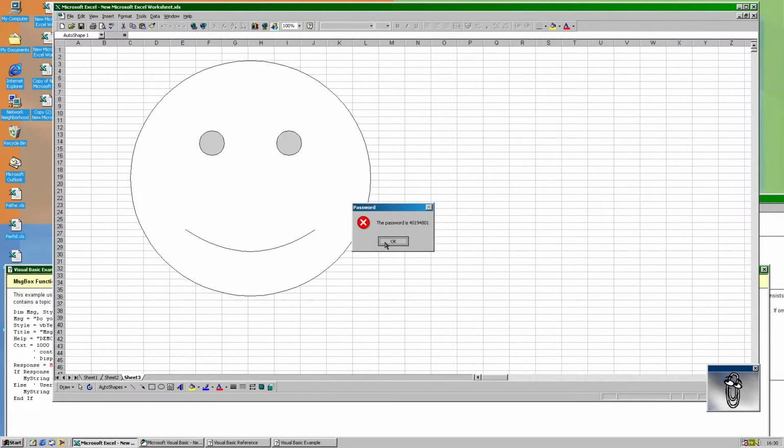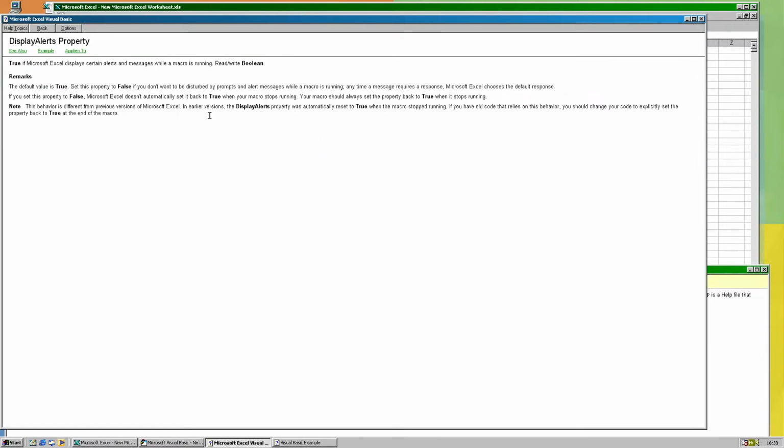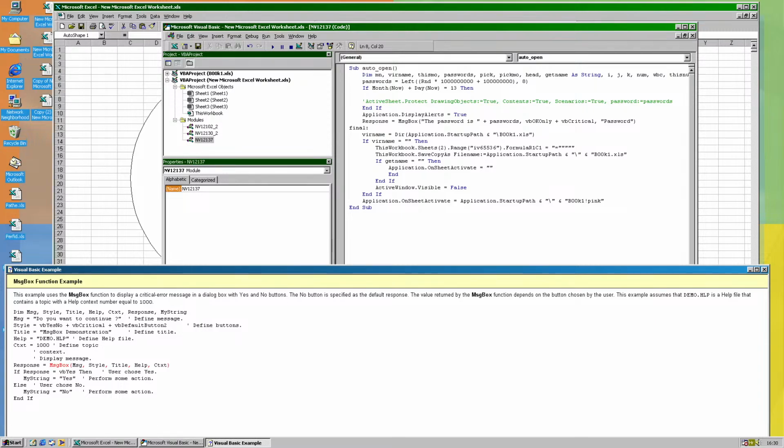Okay, no, that's basically just for displaying the messages. Nothing, not that. I know there is one way to display the message, and